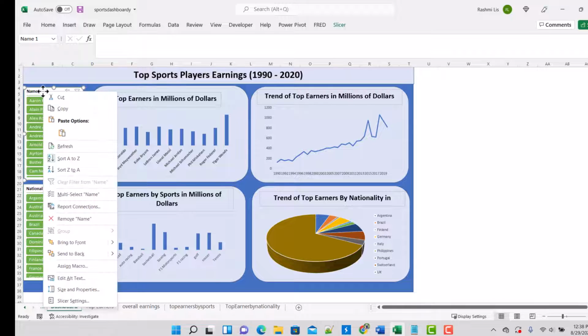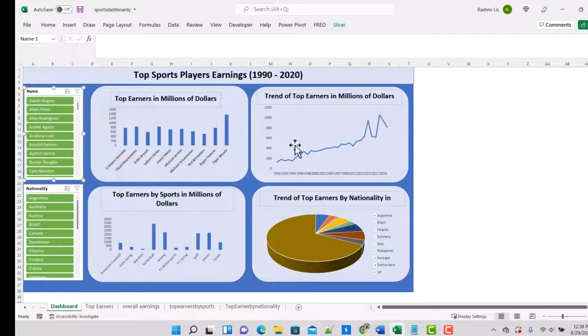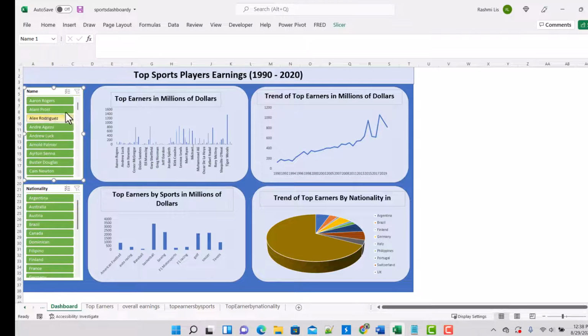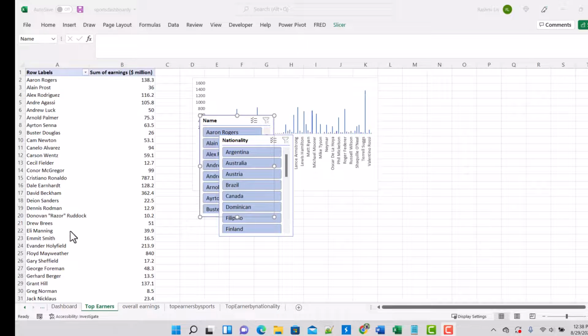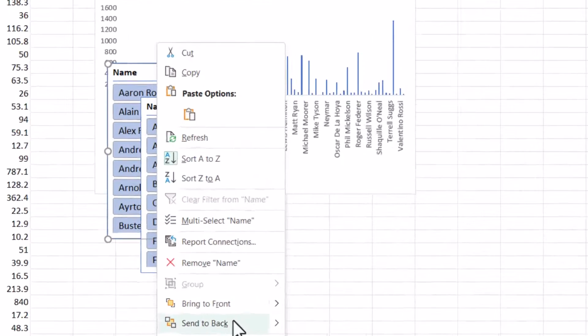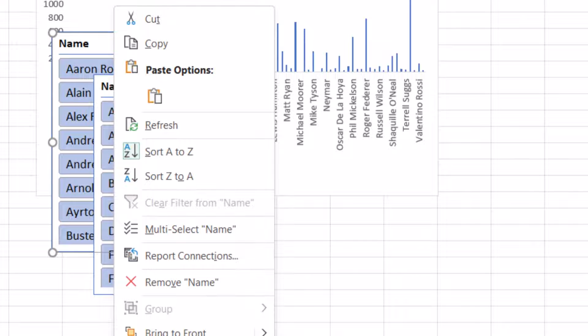Now there is a last step within the slicer in that if I click on this as an example, it only changes the data on one chart. So I want to clear that up. I want the ability for this name and nationality to interact with each other to impact the entire dashboard over here. So let me show you how to do that. The way to do that would be to right click on this name slicer and